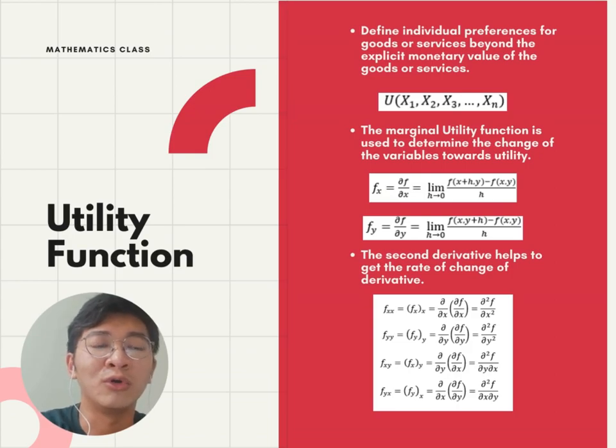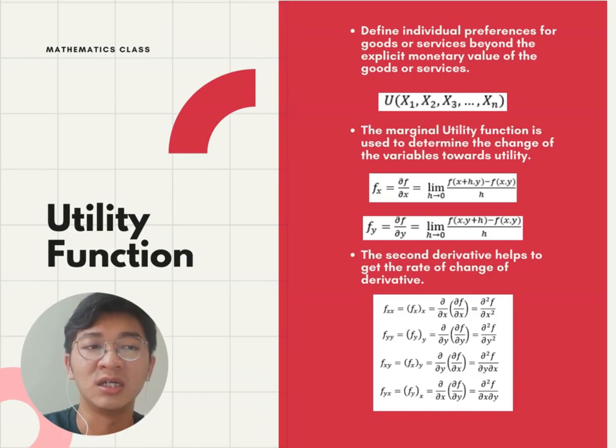Next, in order to know how much effect a certain good will have on the utility, we will calculate the marginal utility function by using the partial derivative, which is fx equals delta f over delta x, and fy equals delta f over delta y. We calculate it by differentiating only x or y, the target variable we are selecting,